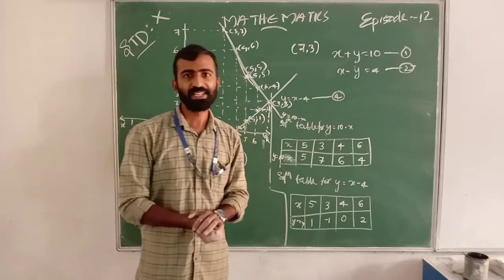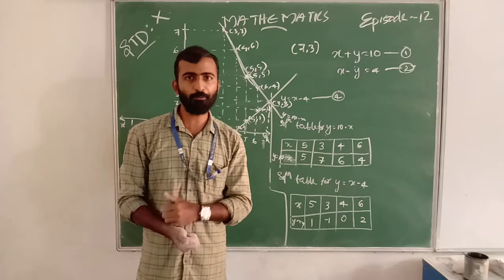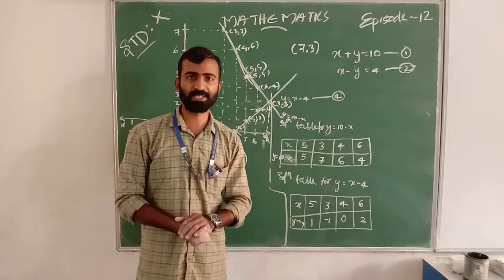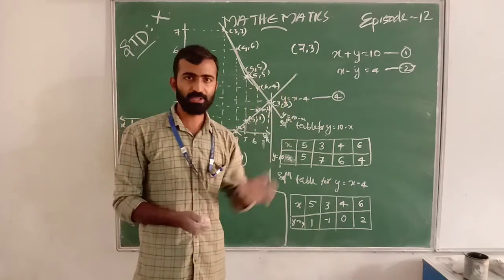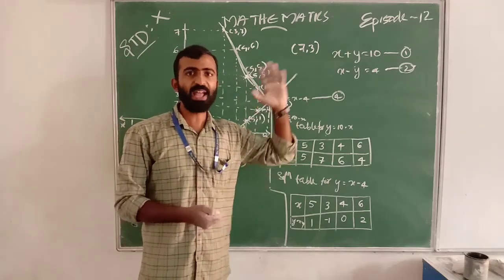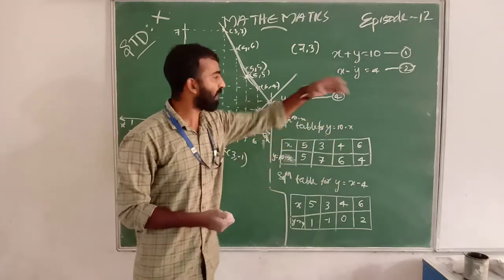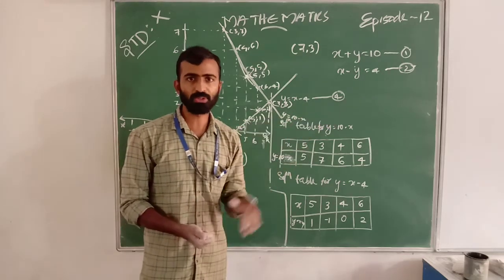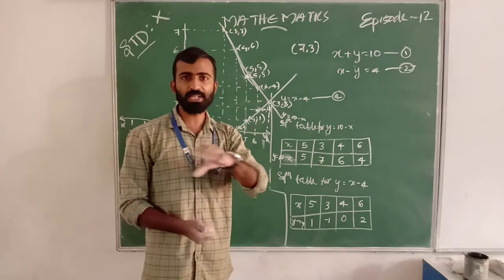What is x? From the beginning of the answer, we took x as the number of girls. And what is y? Y means the number of boys. At last, we conclude that number of girls equals 7 and number of boys equals 3. That is, according to the question, all conditions are satisfied.